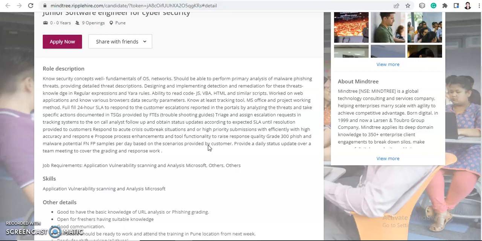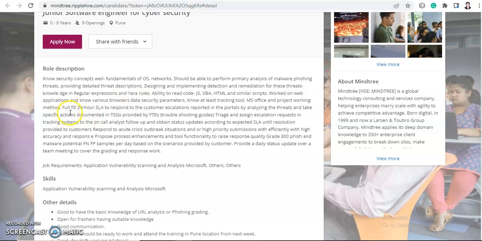You need knowledge of regular expressions and YARA rules, the ability to read code, JS, VBA, HTML, and similar scripts, and to have worked on web applications. You should know various browsers, data security parameters, at least tracking tools, MS Office, and project